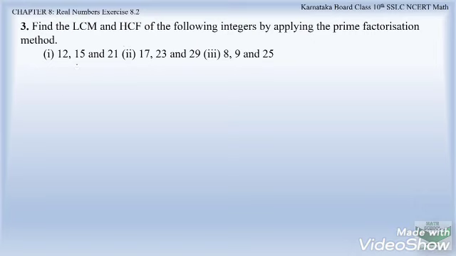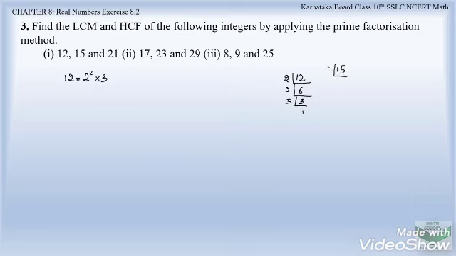Let us factorize 12, 15 and 21 and then find the HCF and LCM. So let us factorize number 12. Always we have to consider the smallest possible prime with which the number can be divisible. So it is divisible by 2. 2 sixes are 12, 2 threes are 6 and 3 ones are 3. So let us write down the factors for number 12, that is 2 into 2, which is 2 square, into 3.